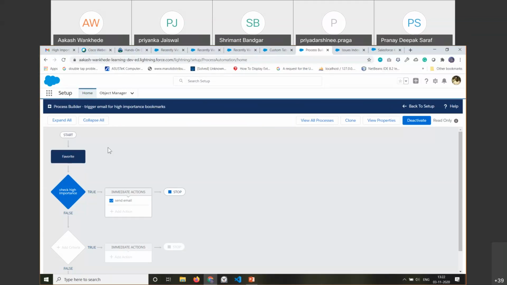But if it is not achievable using that, you can use a custom component. You can create that and you can integrate that. For example,